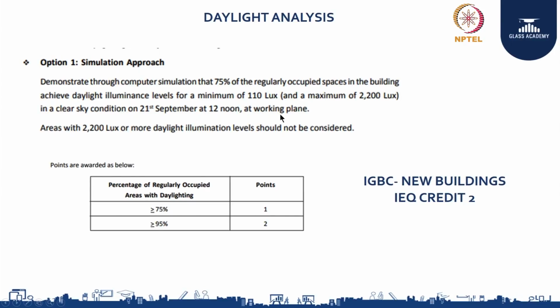So we have taken the working plane which is around 780 mm, and we had set the date to this particular day, and we set these two thresholds and calculated how much is the area, percentage area. So in the first case it was in a different level, and in the second case it was in a different level. From that we can understand which product will satisfy, or which VLT range will satisfy this particular requirement.